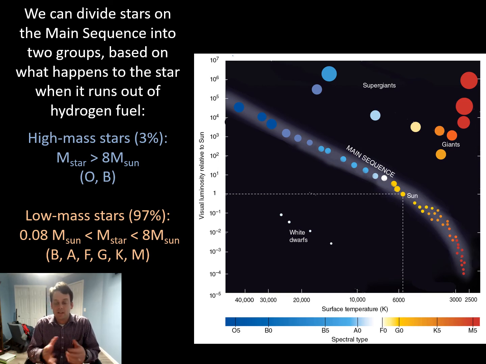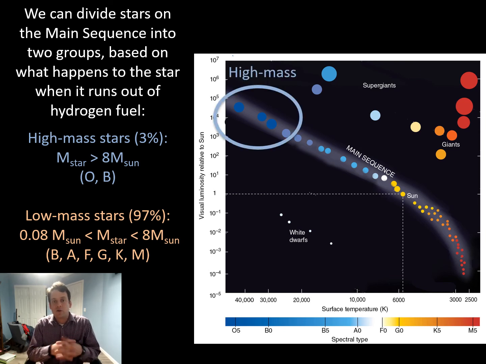So I'll just wrap up this lecture by coming back to our favorite diagram, the HR diagram, and reminding you of a couple of things that I've said before, what I think is good to keep in mind as we prepare to finish up our discussion next lecture on the evolution of low mass stars, and then get ready for evolution of high mass stars, which will be even more exciting if that's possible. But as a reminder, we can divide stars on the main sequence into these two basic classes, right? High mass stars, which we have not really talked about yet, at least not in terms of evolution, that live